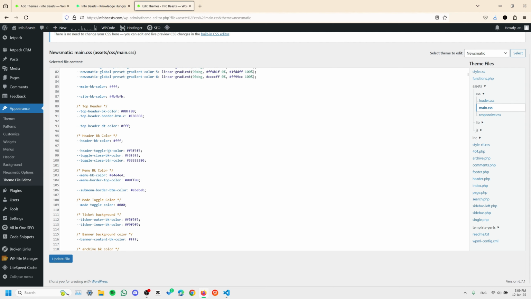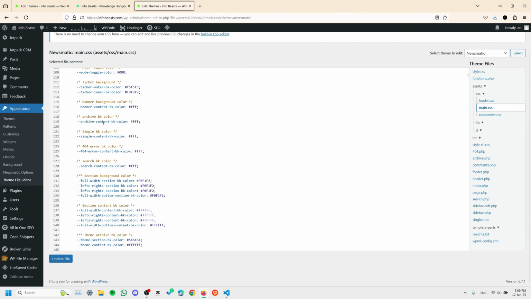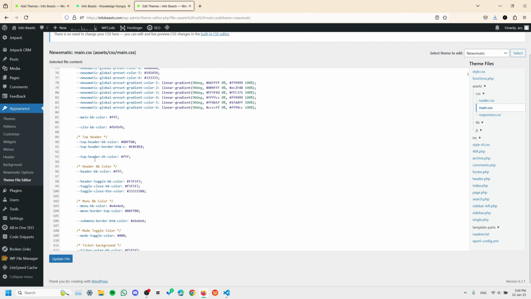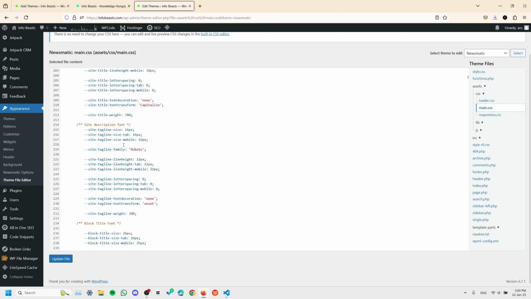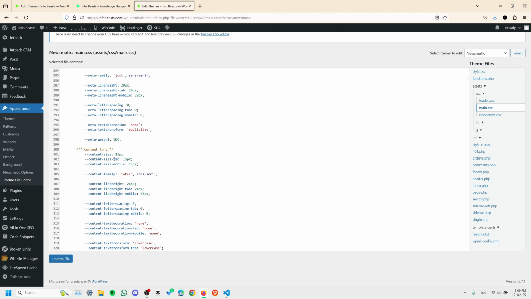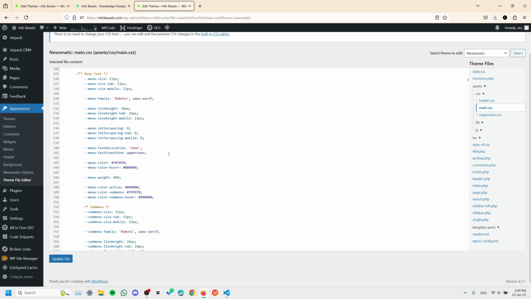So over here you can see these are some color presets according to your theme. You can also change these, and I'll just show you how you can change it easily. And these are over here. So this is just the editor. If you just edit something and update the file, the changes will appear on the reload of